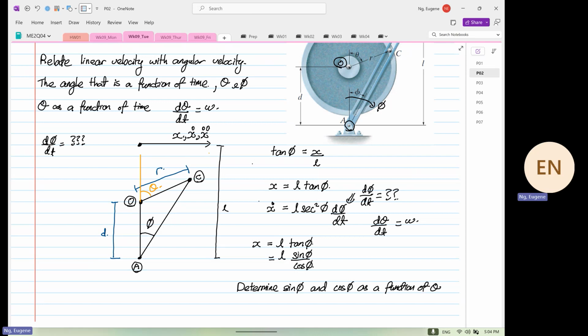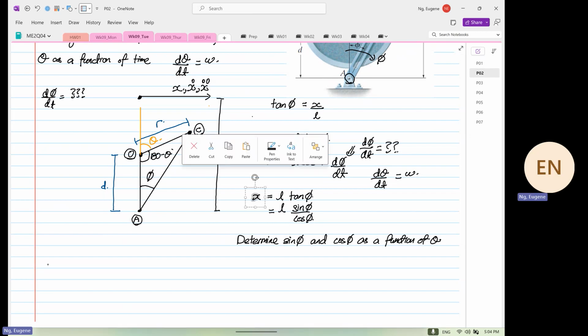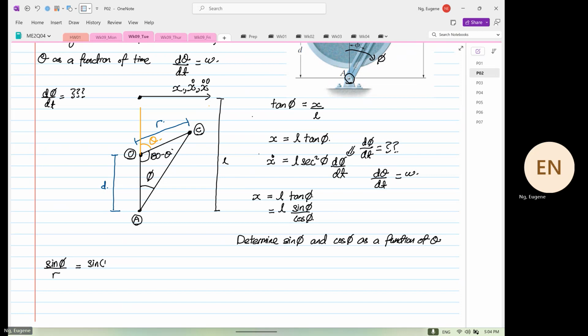So from here, we know that this angle over here is 180 minus theta. So we start applying the sine rule. The first thing we can do is sine phi over R is equal to sine of 180 minus theta divided by AC. And this is